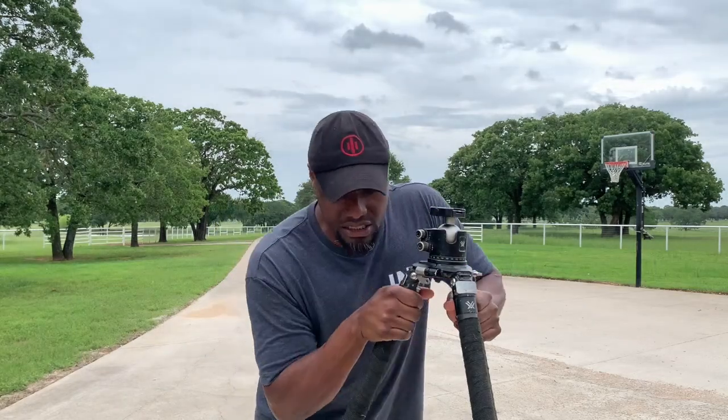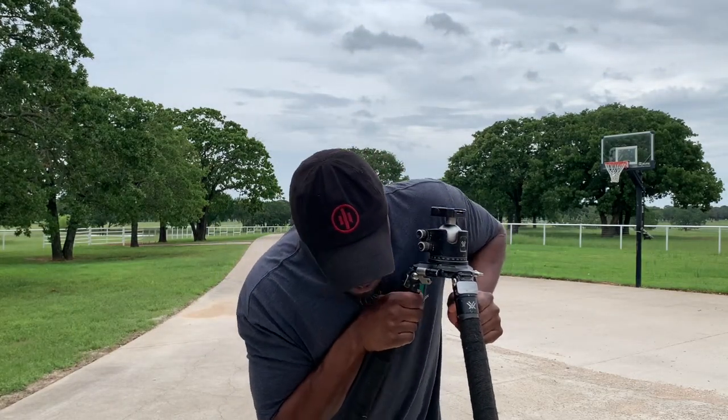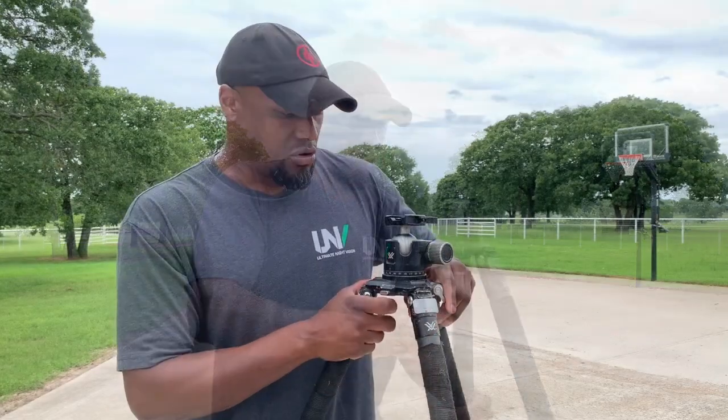I'm gonna put my weight on this thing. Look at this. You don't see the legs bowing. It's solid as can be. I got 20-pound rifles that I put on here, and I'm still solid as a rock with those rigs. My only complaint